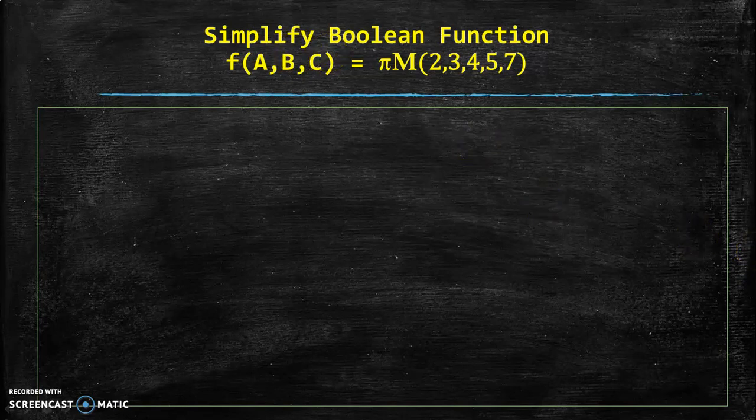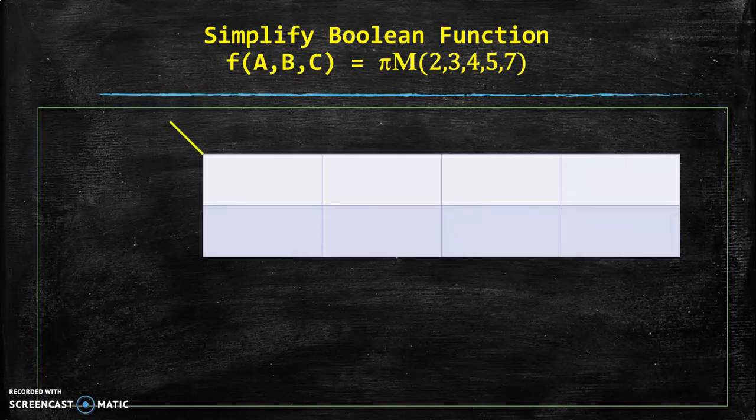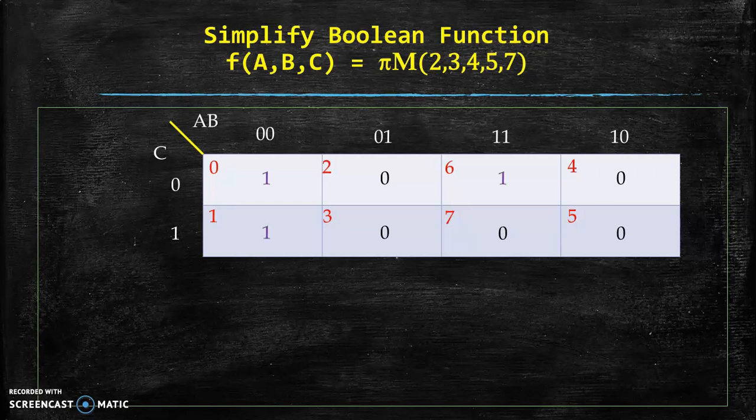So again, for the 3 variables, if we prepare a K-map, then with 8 cells we have to prepare the K-map. We write variables AB. We give numbers 0 0, 0 1, 1 0, 1 1. We write variable C and again we give number 0 or 1. We write the equivalent decimal number 0 to 7. And then we have to enter zeros for the given max terms, that is 2, 3, 4, 5, 7. In all other remaining cells we have to enter ones.